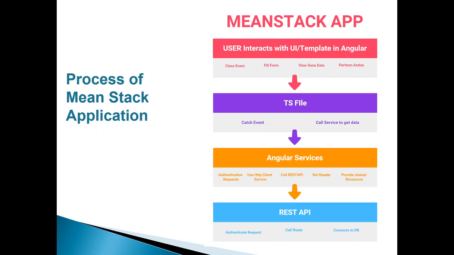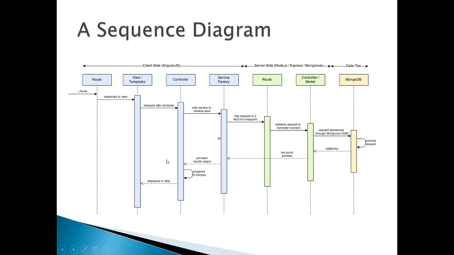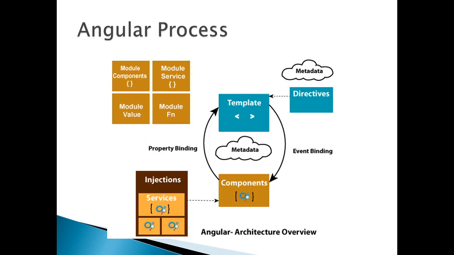We will see a sequence diagram also. In this, you can see a user request on a view, and the view calls the TS file, which calls the service file, which calls the route on your server side. Here the server side starts. So the server side routes will be called, and it will get the data from the model or controller, whatever we have declared, and that model or controller will request the data from MongoDB, and MongoDB will return it, and so on. So this is the whole process with which a MeanStack application runs.